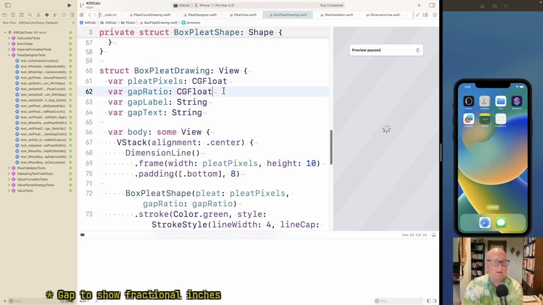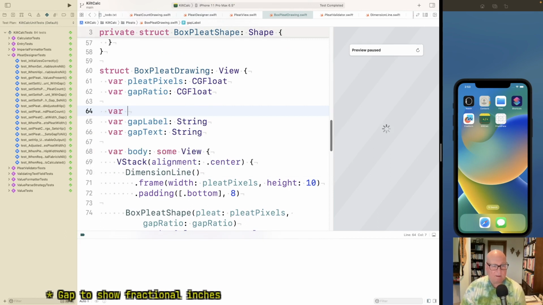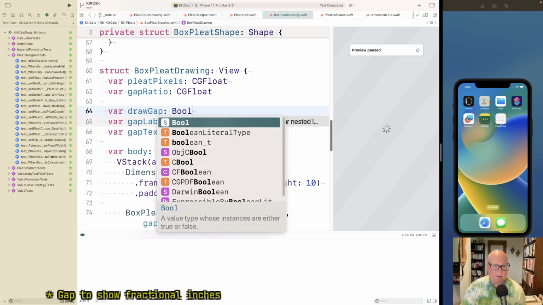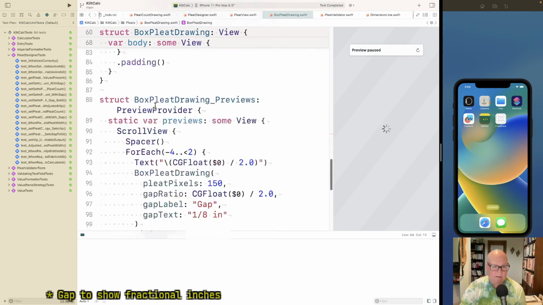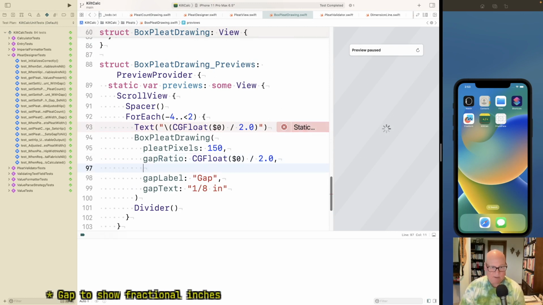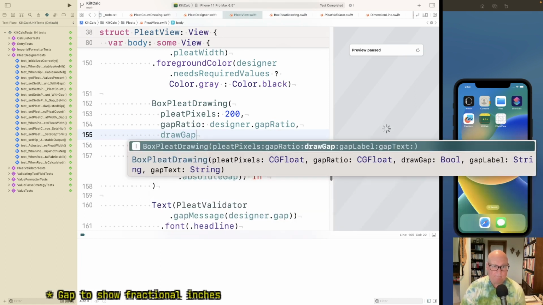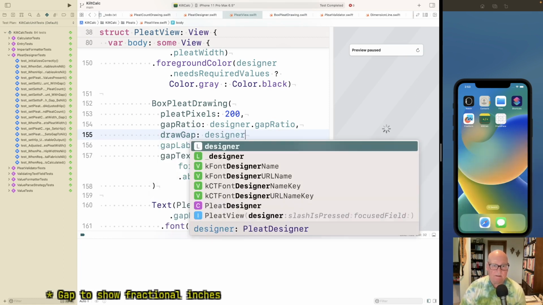Okay, so gap ratio, and draw gap is Boolean. And if you draw it, I'm going to make it true for these, and then ours is going to depend on, let's see, what is it, designer dot,